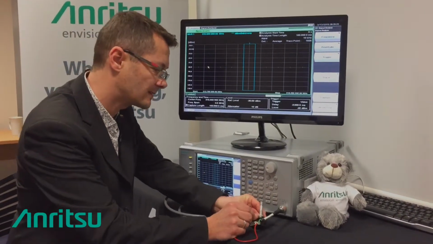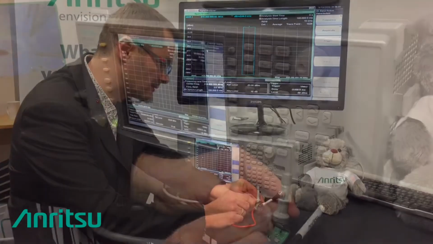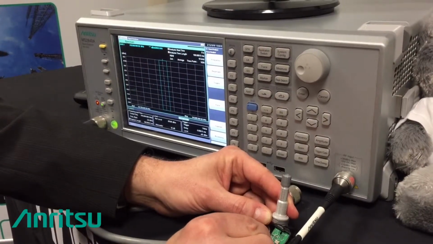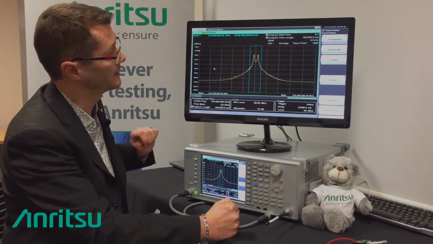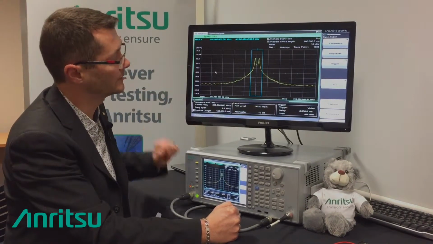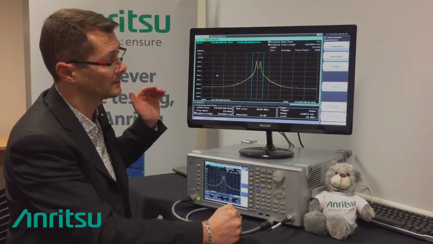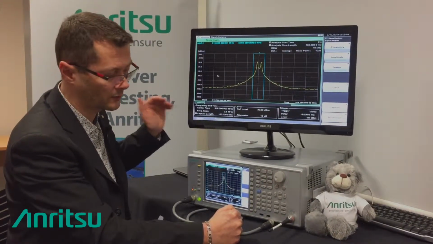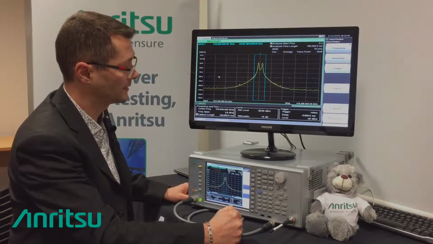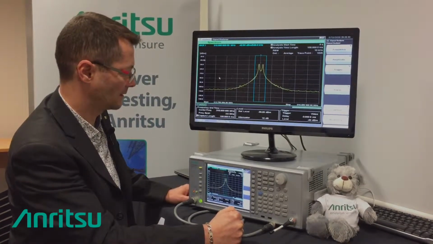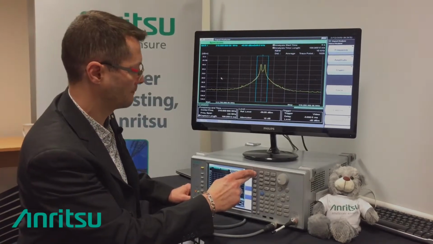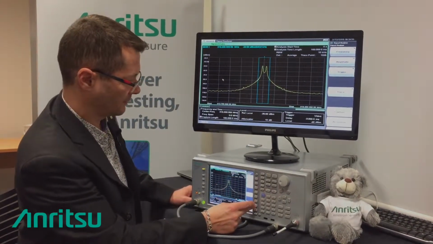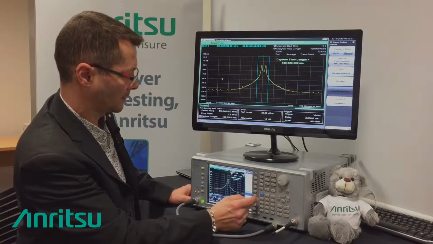So I will make a reset on this device. Now you can see on the screen that the signal has been captured, so it's not live anymore. And then my goal is to digitize it, capture it, save it, and convert it internally in the computer that is in the product. So I will go to the main menu, go to the capture function, go to the